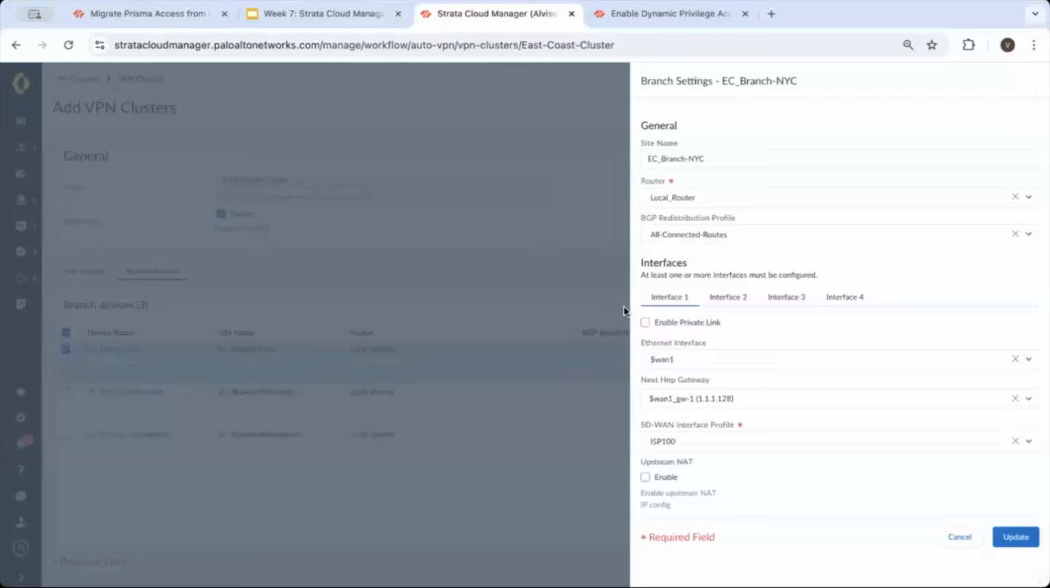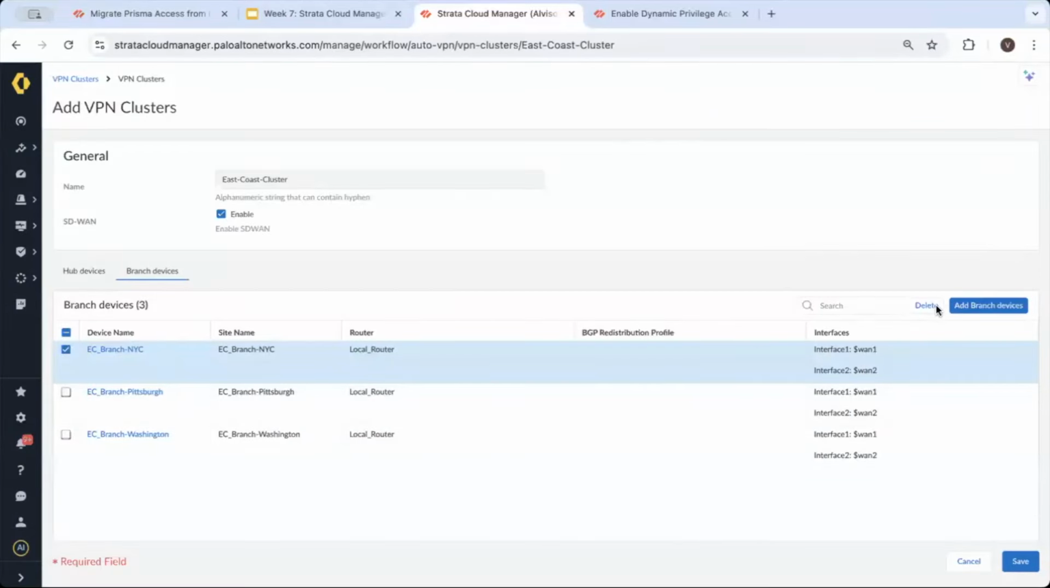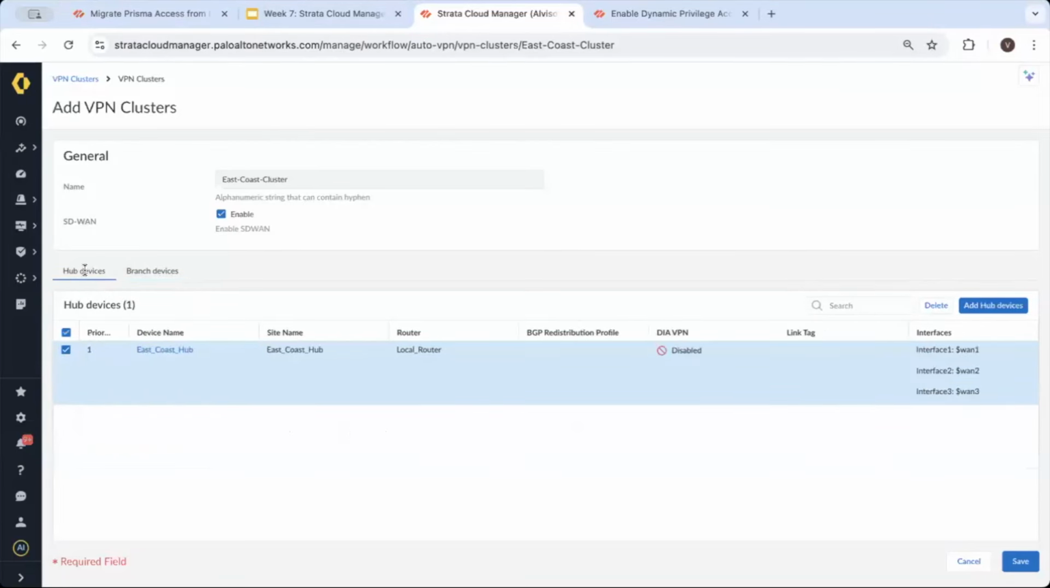I can actually go to a branch device. I can click on the interfaces and stuff that want to participate in the VPN. The same configuration flow. The only difference is if I want to create VPNs to Prisma Access,